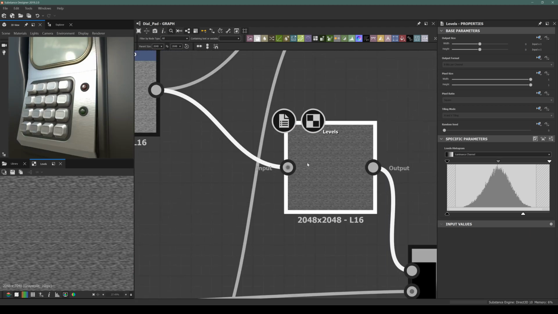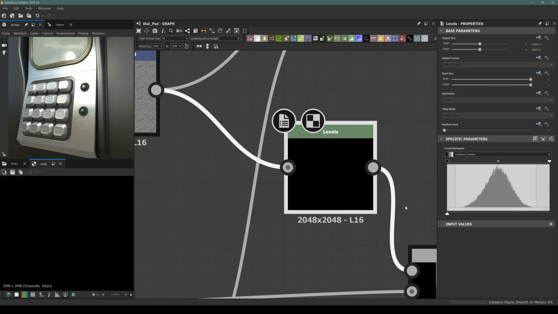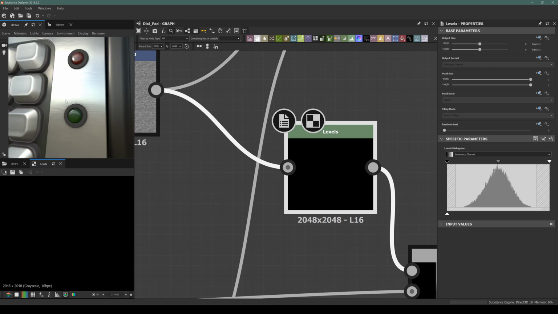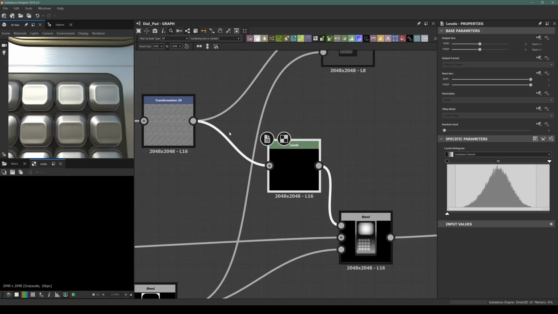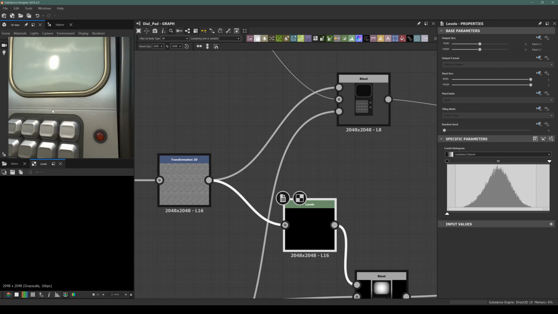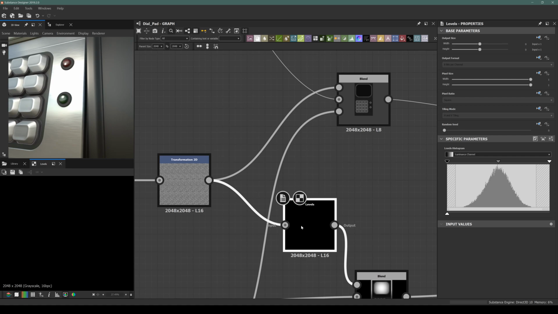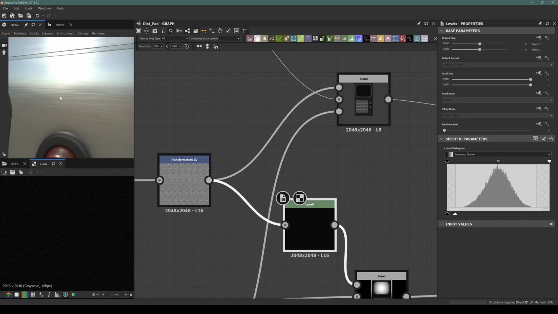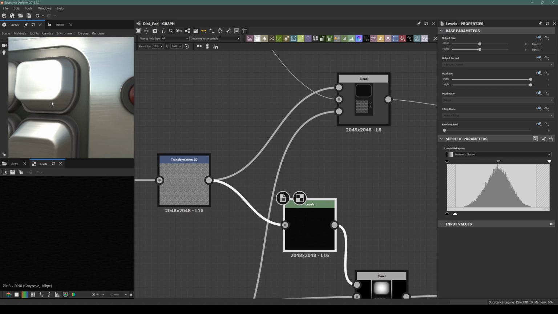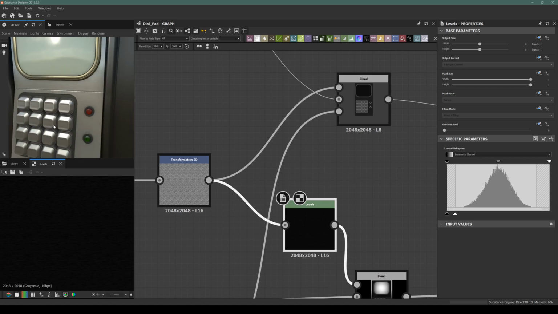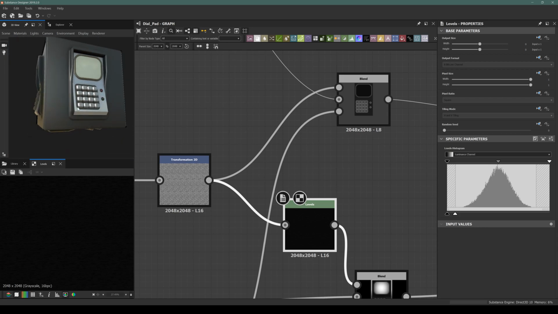Also, let's remove the normal map manipulation and just leave the roughness effect of this anisotropic noise, which looks also cool, by the way, but I just want a little normal map effect on the shape. Alright, now we have the metallic look